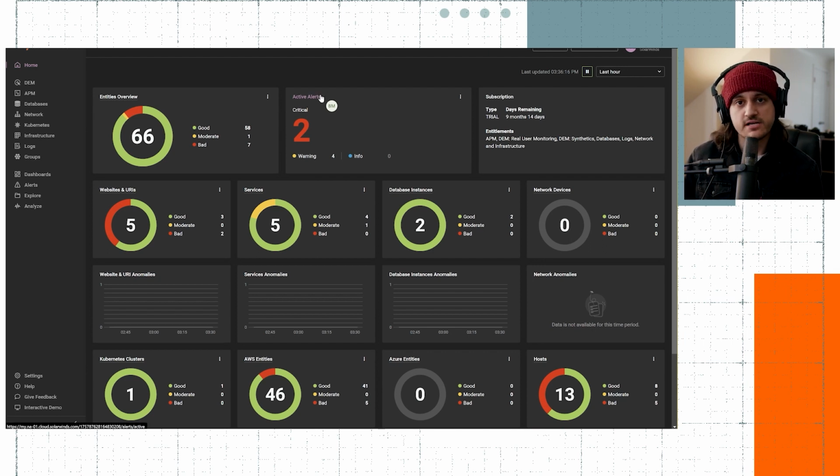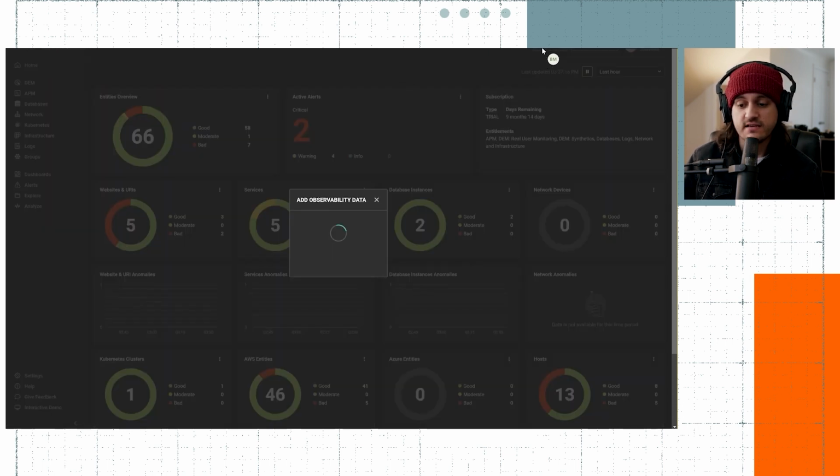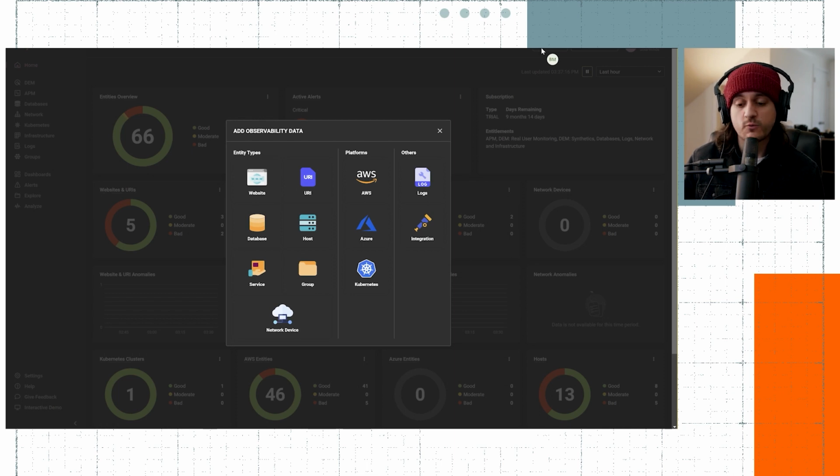We have native integration with AWS and Azure through the SaaS platform. If I come up to this add data screen, this is where you would be able to onboard any one of your cloud accounts, either across AWS or Azure. And you can have multiple accounts hooked up. It's very straightforward and simple. It's basically just supplying some account information. On the Azure side, there's a client secret that you would generate on the Azure side and supply into the wizard to set it up. On the AWS side, it's just a CloudFormation template that you would use. It's going to generate the role ARN information on AWS. You supply that back into the wizard.